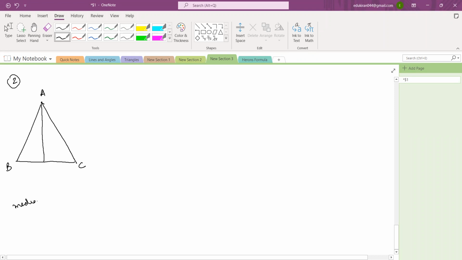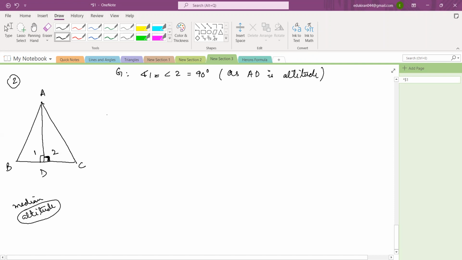See, we have many terms. One is called median, one is called altitude. Altitude is basically height, and this is always at 90 degree. So by altitude, this means that this angle is 90. This information is given to you by this word altitude. Let me call it angle 1 and angle 2. So it is given that angle 1 is equal to angle 2 is equal to 90 degree. Okay, this is D. Why is this 90? You can write it in bracket, in case you forget, as AD is altitude. That is why.